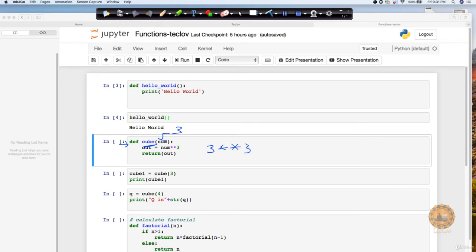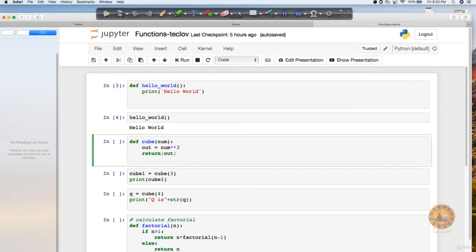That's what we want to do here, and return my output. So whatever the calculation will happen, just return that particular output for me. Now in this case, how it will work is, this cube is just creating a function, and you can notice this indentation which is making it clear that the function is going to return a statement. And now when I have to call it, I'm saying cube 3.